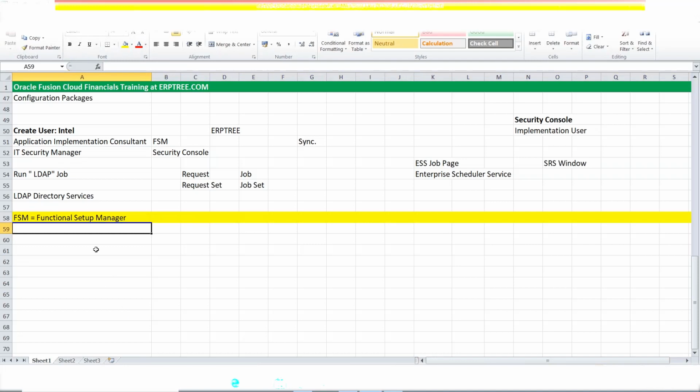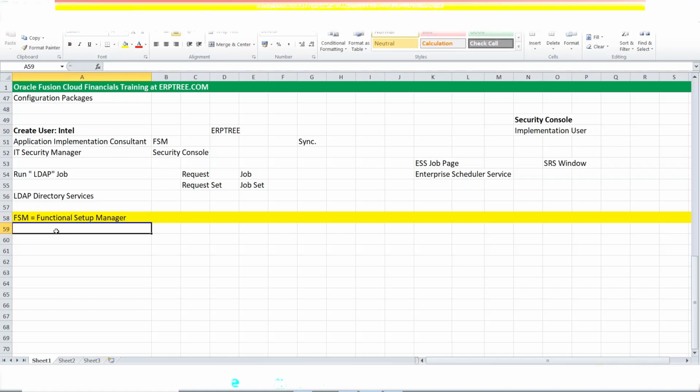So when I talk about FSM, Functional Setup Manager, if you get access to a fresh instance, the very first point is you may create your own user, or whatever user Oracle is providing, you may proceed with that. That is the first step. You can take the decision: you want to continue with the same user Oracle is providing, or by using that user, you may create your own user. If multiple team members are going to work on that instance, for every member you may create a separate user. Maybe finance one user, SCM one user, HCM a different user, or else you can manage everything from the single user. Once you're done with that, you may create a new user, or continue with the user you get from Oracle. Once you take the decision on that, the next point is,